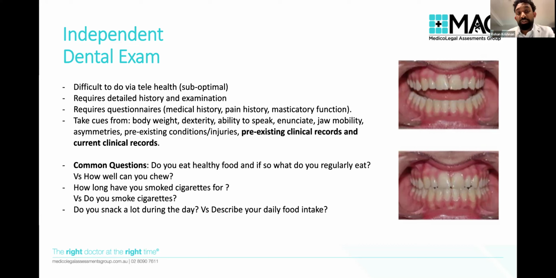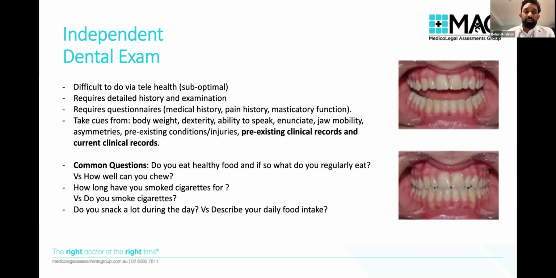How long have you smoked cigarettes for? Gives the person an idea that maybe we do already know that they smoke, from either previous histories or from their examination, rather than do you smoke cigarettes? And of course, some of these questions are a little bit cheeky, but I think these questions are very valid in terms of being able to garner an honest response. And sometimes we may struggle with openness and honesty, even though it's something that we expect from the people that present to us.